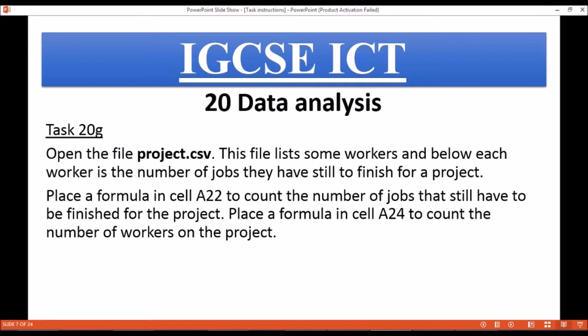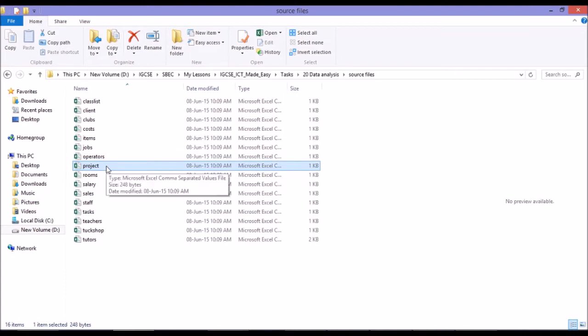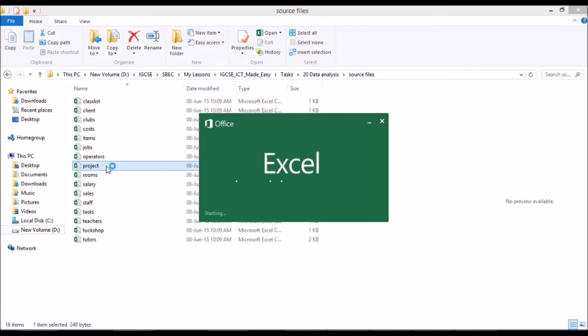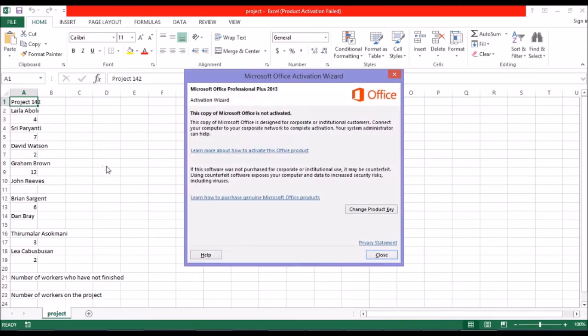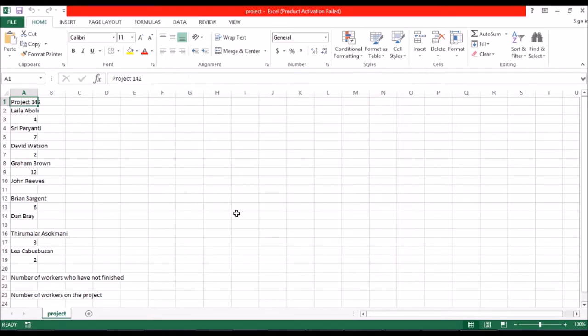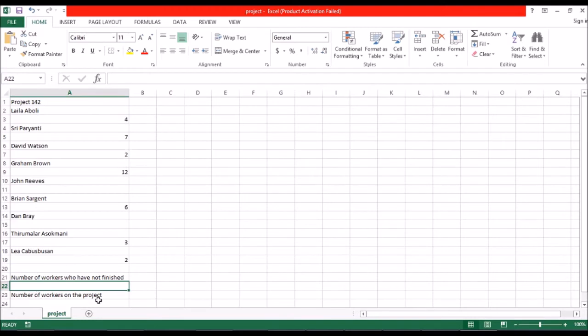So we just have to get started by opening the file project.csv. So I will have to locate the file in my folder, and here it is, project.csv. Okay, now the file has been opened, and this is my cell A22. First, I will just enlarge this to make it fit the content inside each cell. Okay, now having done this, the instruction here